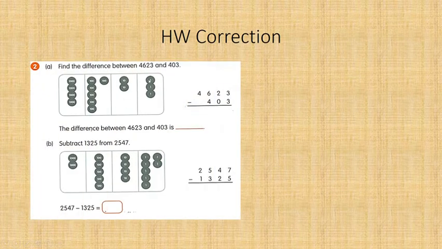Okay, so let's go to the other question. Find the difference between 4,623 and 403. So here, guys, it's very easy to do, so we will not take a lot of steps like the previous question. Look here, you have 3 ones. Here, this number in the abacus is 4,623. If I subtract 3 from this,